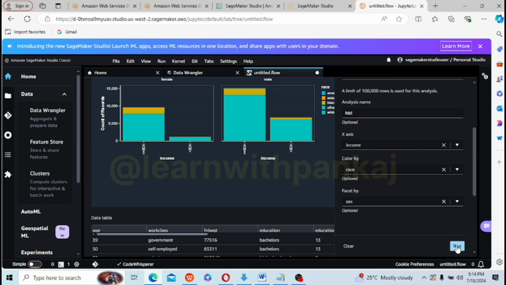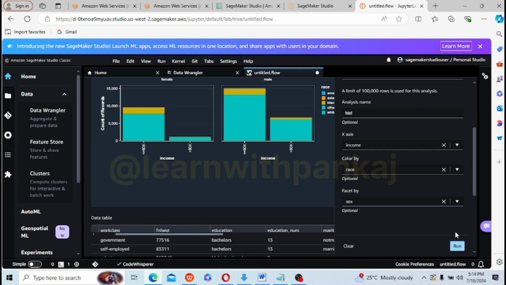So this is what it is showing. You have considered income as the x-axis, and you have differentiated it by female and male. So it shows the count of records available in your data. This is the analysis that we could draw.